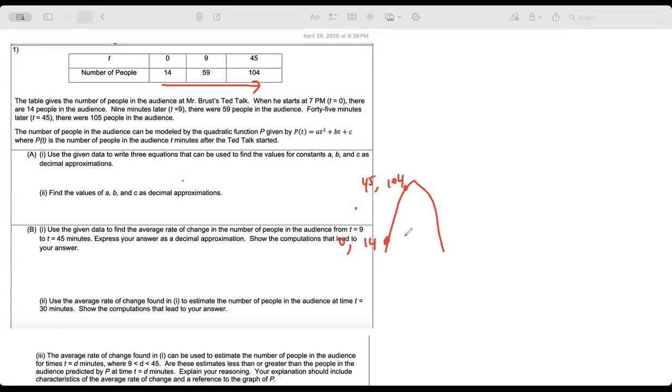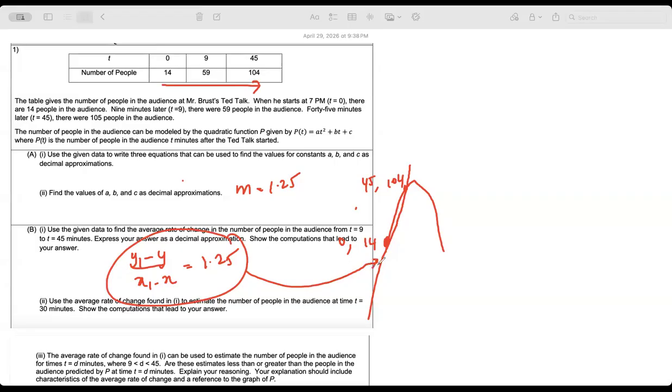This one is 0, 14, let's say. Now in this graph, right, we are going to draw the line like this. When you draw a slope graph, right, you're going to draw a line like this. It will touch both the points and you are working on the slope. Slope formula, we are only doing a linear slope, meaning we did y1 minus y by x1 minus x will be equal to 1.25, which was the m that we found 1.25 here. So we are going with the line. Okay, based on the line only we are predicting, right? But the actual curve is up and it is